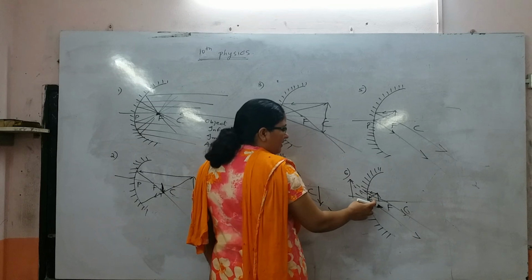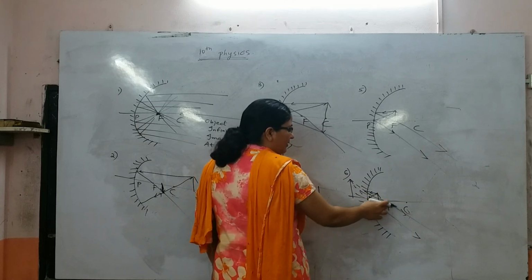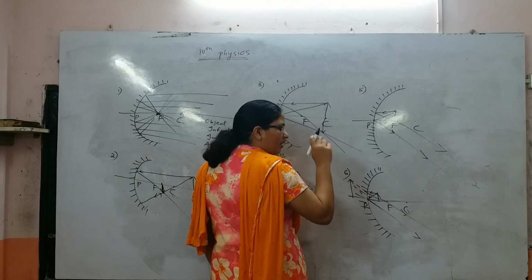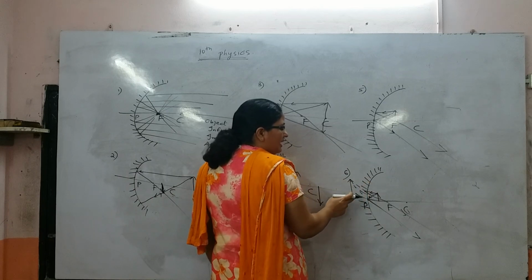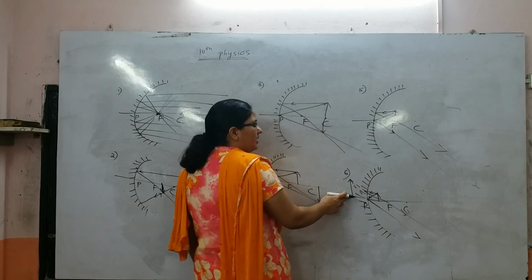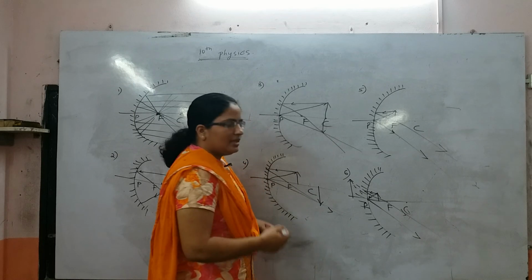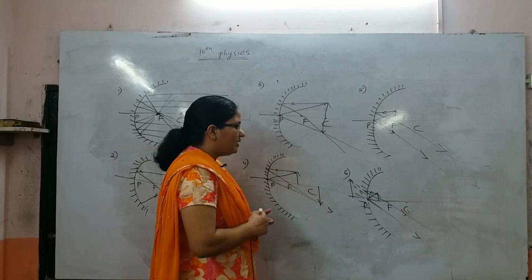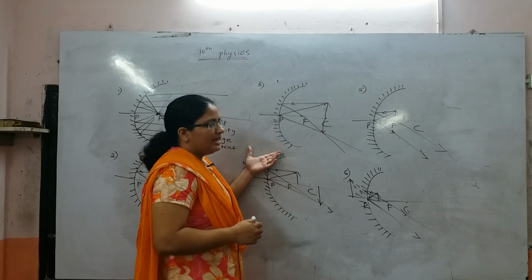Whenever you are keeping the object between P and F, the image can be seen in the mirror itself. This kind of image is called a virtual image. So these are the ray diagrams for